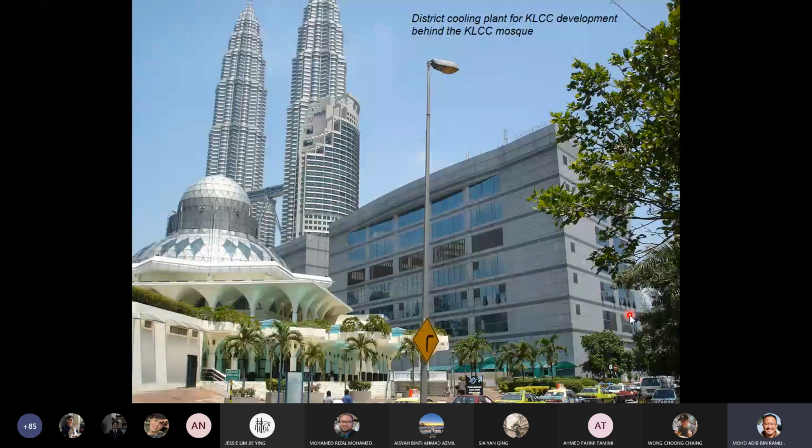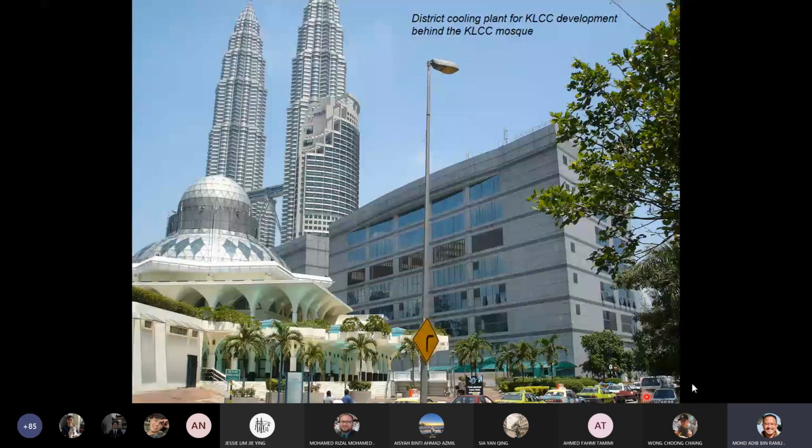I'm not sure if this building still exists. Anyone knows? Because I believe they have made some development there. Right? I've never been to that place for such a long time. I think I'm not sure what happened there. I think probably they extended the mosque or something. So I'm not sure whether this district cooling plant still exists. But back in early 2000, okay,